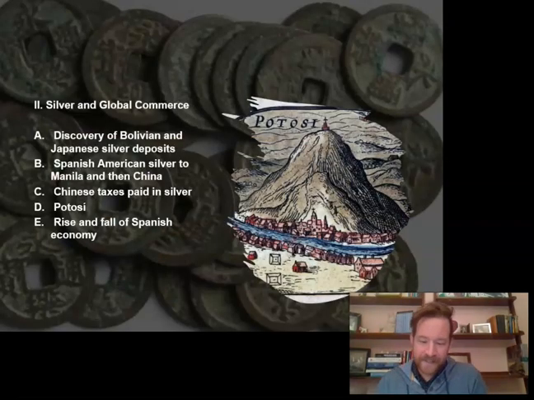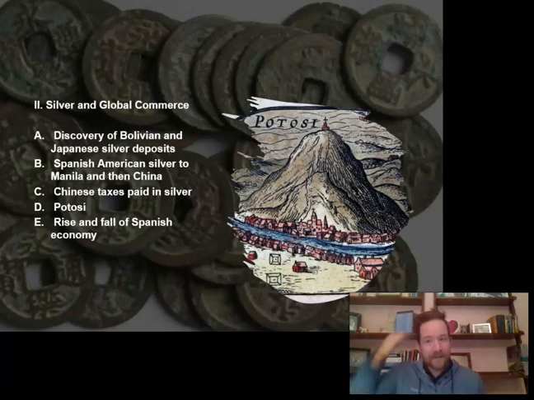So let's talk about silver. In the 16th century, large silver deposits were discovered in Japan and what is now Bolivia. And this set in motion a new and dynamic phase in world economic history. Now, it's that silver that came from Bolivia, in particular the Andes, that came to dominate global trade, much like Tom Brady has dominated the Super Bowl over the last 20 years. And some estimate that roughly 85% of the world's silver came from the Spanish-American colonies.